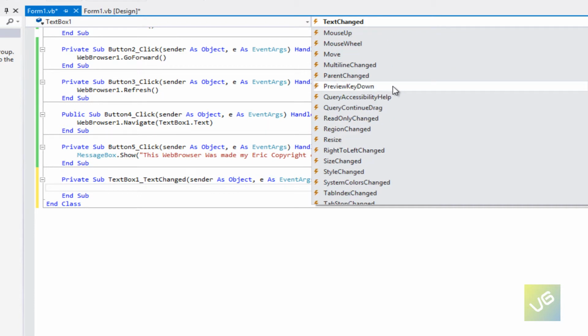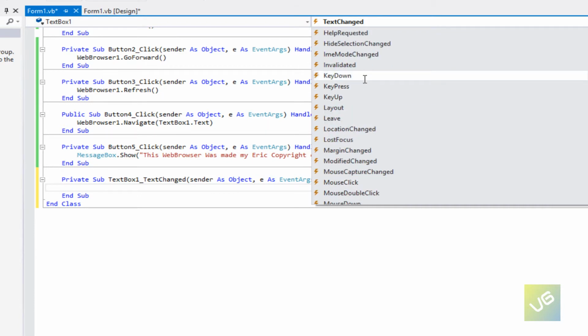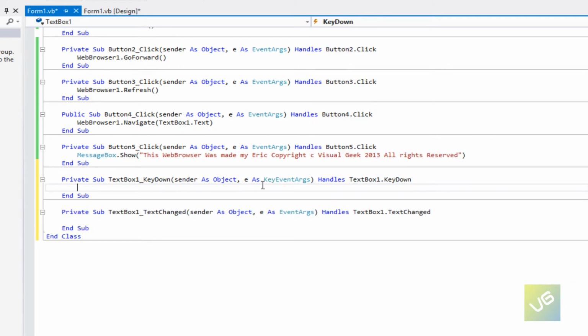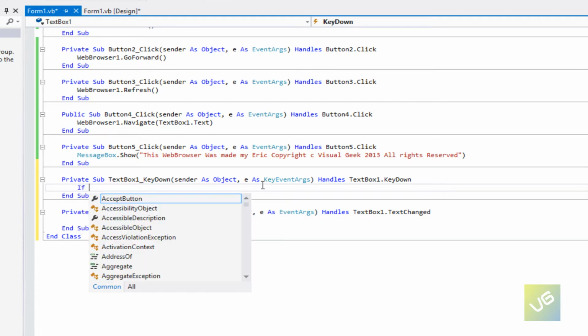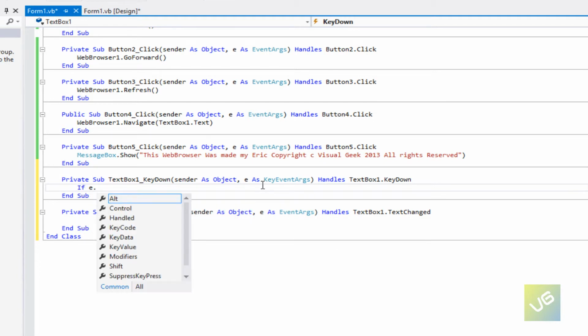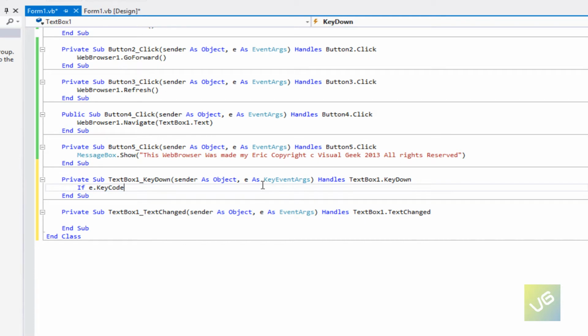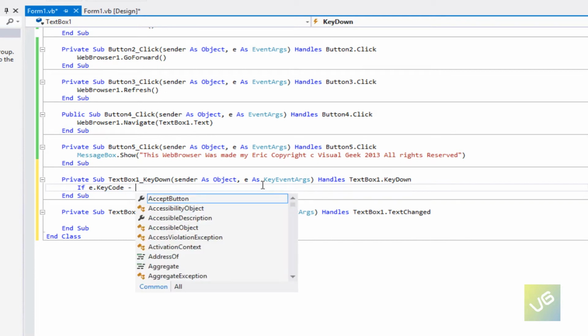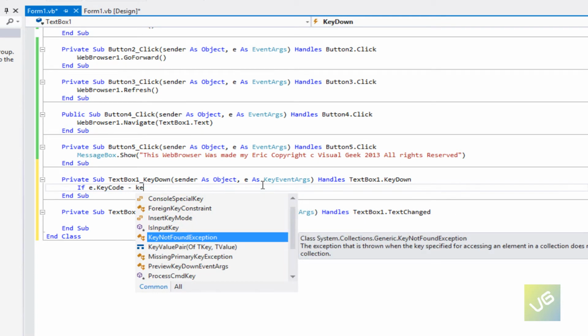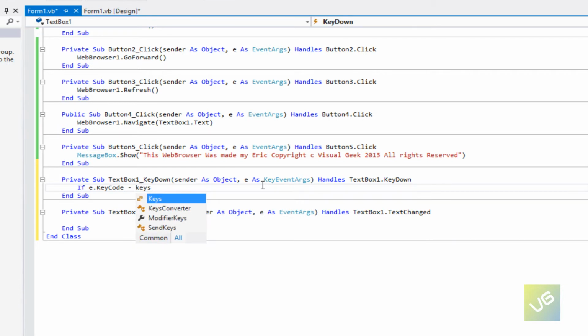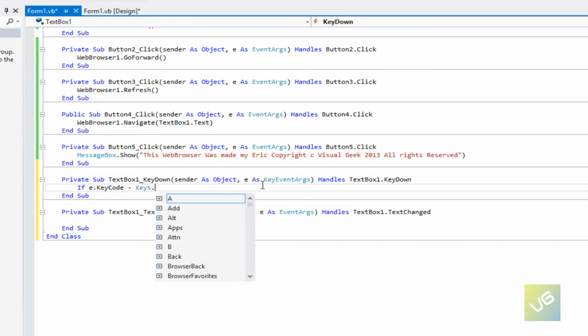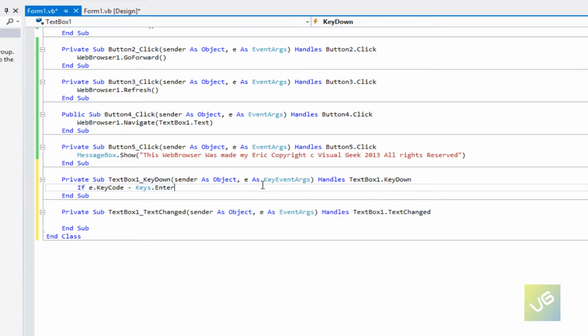You're gonna find key down, and then what you're gonna put is if e.KeyCode equals Keys.Enter, then